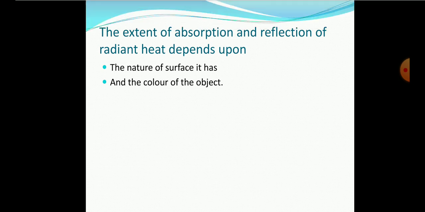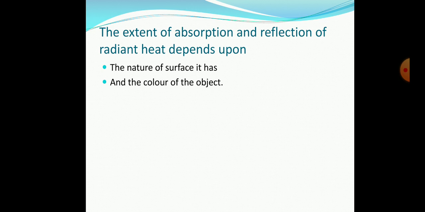Let us find out the answer. The white cloth will reflect the radiation easily. That is why, if heat in the form of radiation comes to you and you are wearing white cloth, some part of the heat gets reflected back. That is why you have to wear white cloth, especially in the summer